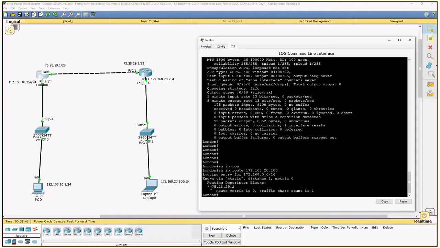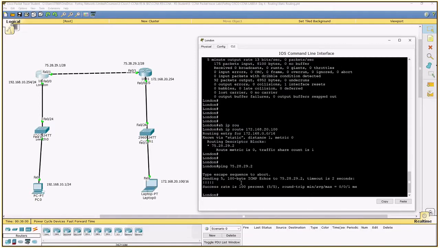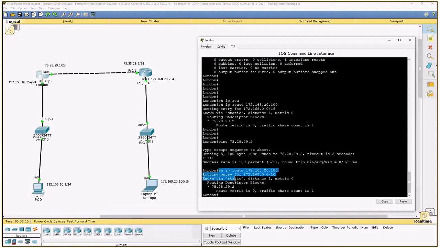And oh, it's found. Oh yes, I know this guy. I have a friend who lives in Paris, and his next hop IP is this. If that next hop IP is reachable, oh yes, I can reach this guy, so it will forward that. It will do a route lookup. That's when I do the show IP route. This is exactly what is called a route lookup. So the router will do the route lookup.